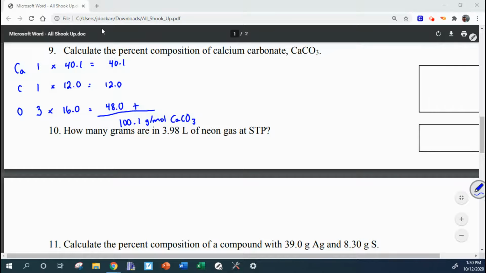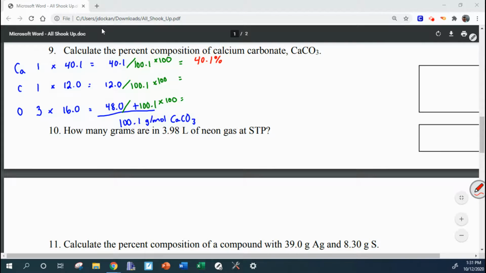In order to find the percent composition, we're going to take our total, and we're going to take each part and divide it by that total. So 40.1 divided by 100.1, 12.0 divided by 100.1, and 48.0 divided by 100.1. And then we multiply each one by 100 to get ourselves a percentage that's out of 100 rather than 1. And our final answers here are going to be